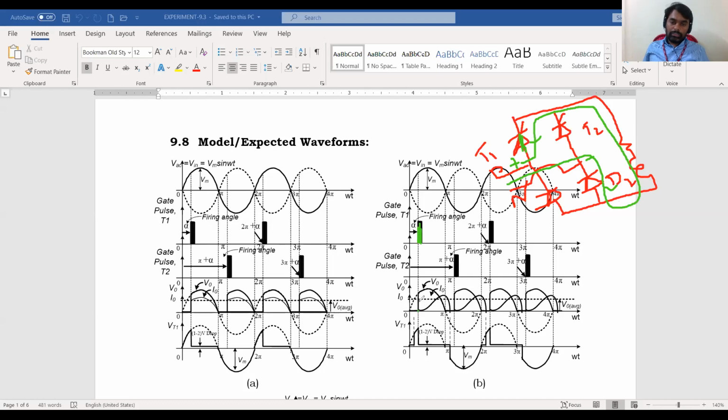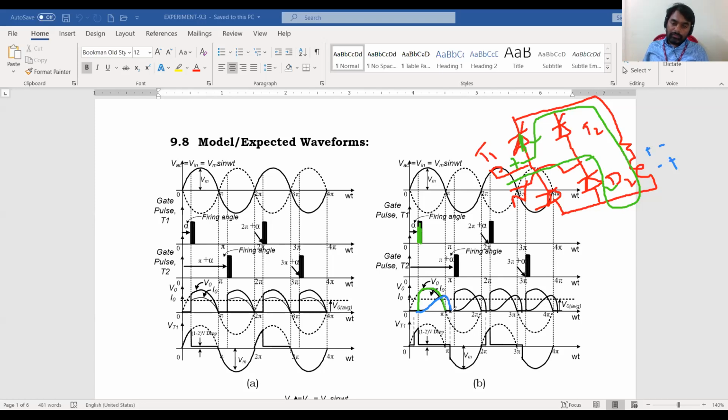And the output voltage will follow the input voltage. Now, just after this omega t equal to pi, it has to follow this negative portion, because if you see the current waveform, the current is lagging the voltage by some angle because it is an inductive load. There is inductance in the load in addition to the resistance. So the current is lagging the voltage by some angle, charging, thereafter it is discharging. During discharging condition, the inductor has to reverse its polarity. It is charged like this, positive, negative. Now discharging means it will be negative and positive. It has to discharge its energy to the source, or it may discharge to the inductance also, load resistance also.